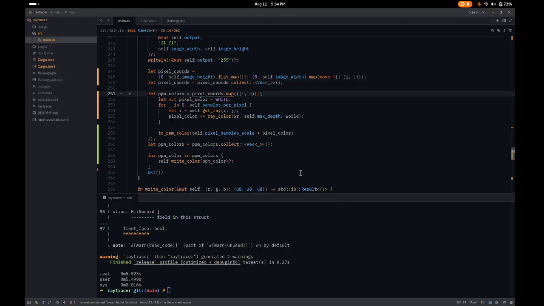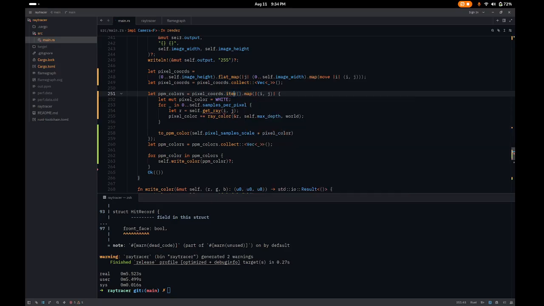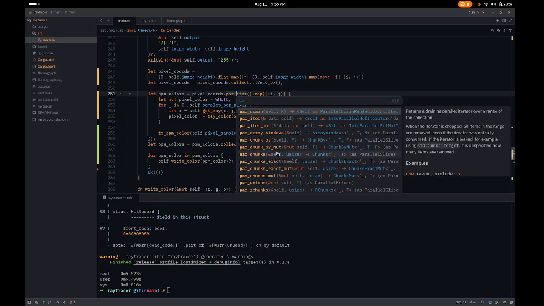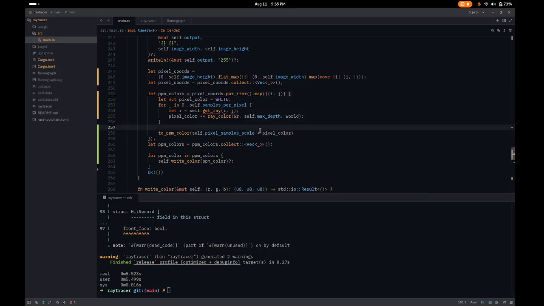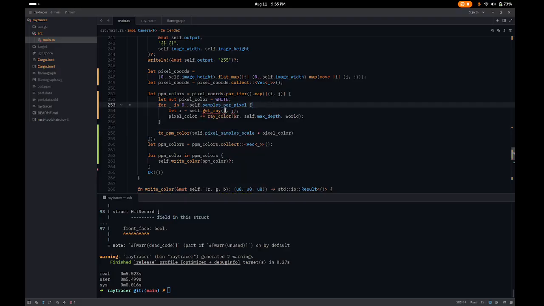And then here I would just call iter.map if I was doing a normal sequential operator, but instead I'll do par_iter. And that should work. And then it says arguments are incorrect. If we mouse over the i and j, I think it will tell us why. Expected i32 found reference to i32. All right, well, then we can just dereference those. Nope. Well,